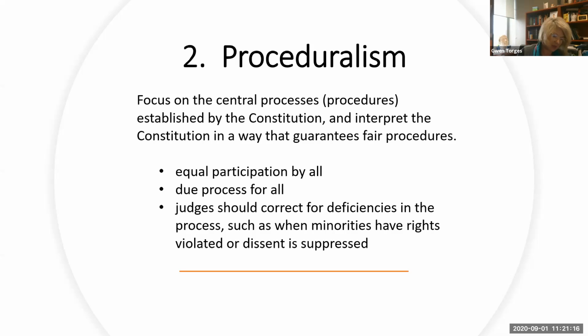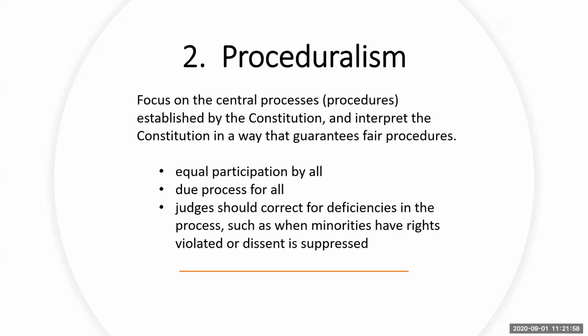So it says the best way for things to be fair for everyone is to establish core procedures and let the procedures do the work, and you just follow the procedures. And it says there are core procedures in the Constitution: free and fair elections, due process, certain minority rights as a part of the procedural thing, and you just adhere to those procedures. And so when you're interpreting the Constitution, you do it in the way that best bolsters those core democratic procedures in the Constitution.